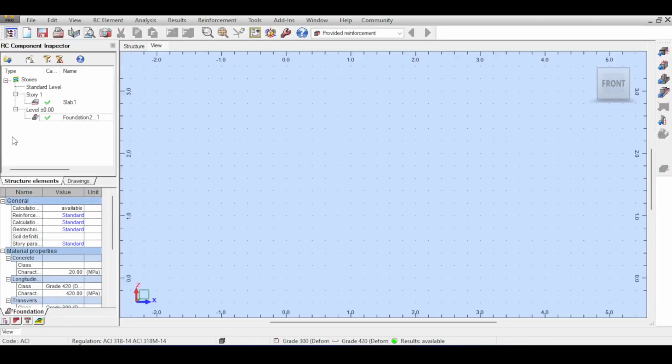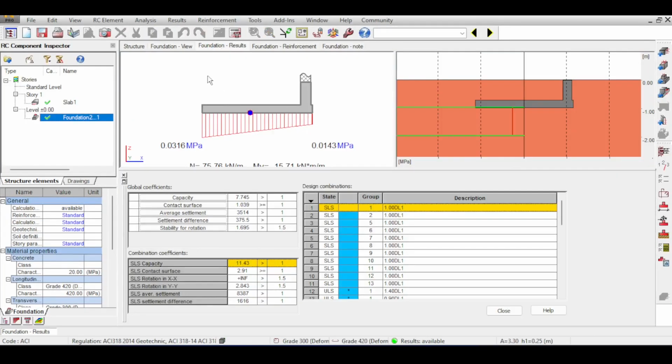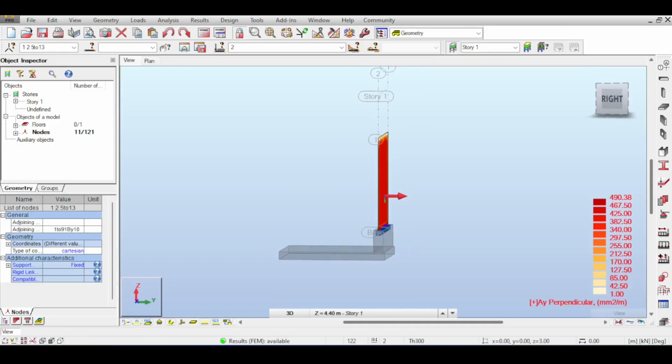So if you go to the provided reinforcement, I will show you what I mean. If you go to foundation results, you can see that Robot tries as much as possible to keep the pressure below the retaining wall as equalish as possible. Now, in our case, it doesn't make sense because Robot doesn't know that this foundation is